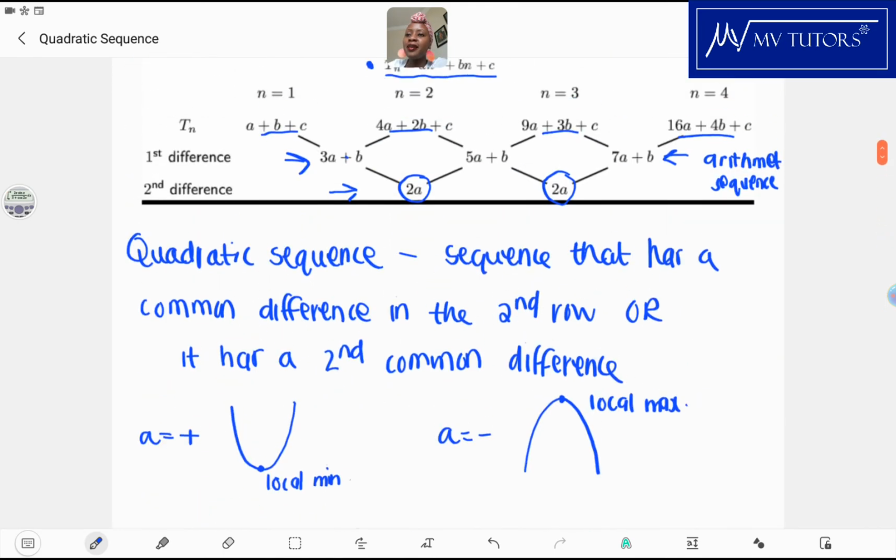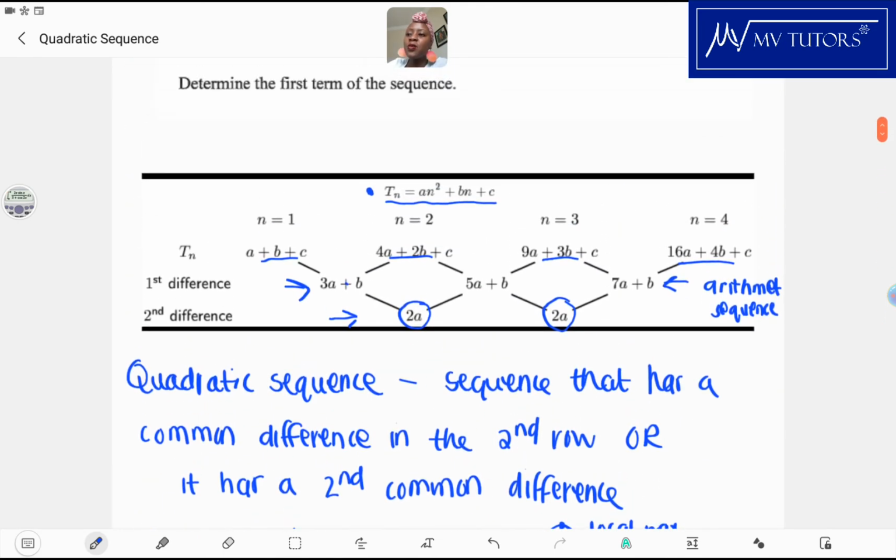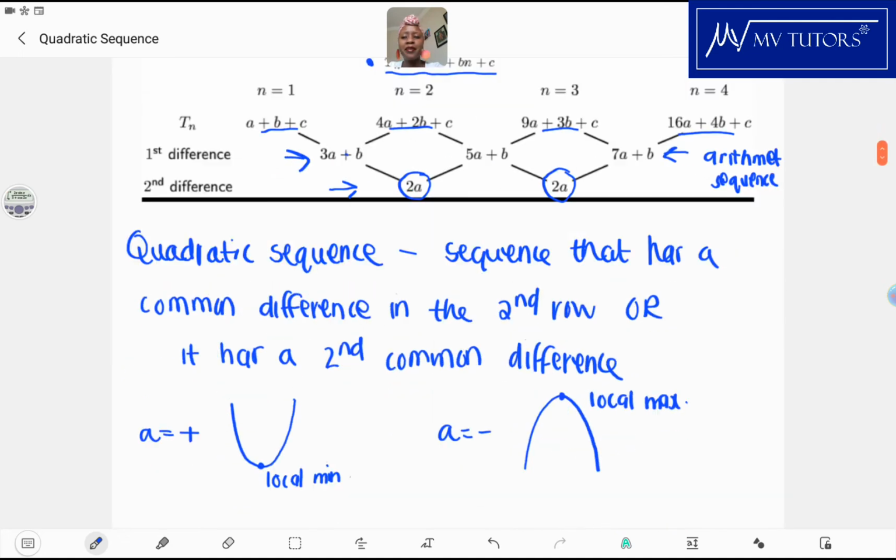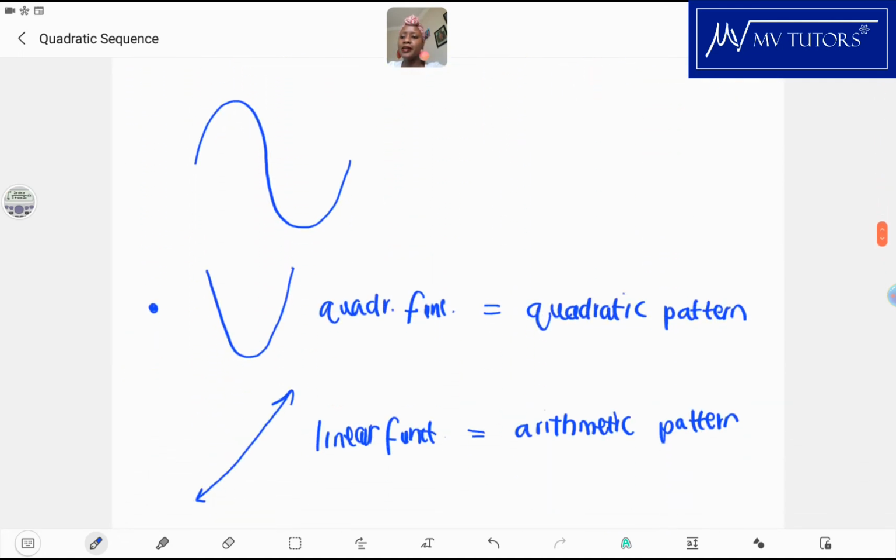So here, if you have a look, you have your terms, let's say the first four terms, and once you get the first difference, that gives you your arithmetic sequence. And if you have a look at the second difference, then you have your common difference. That's the main thing about the quadratic function,